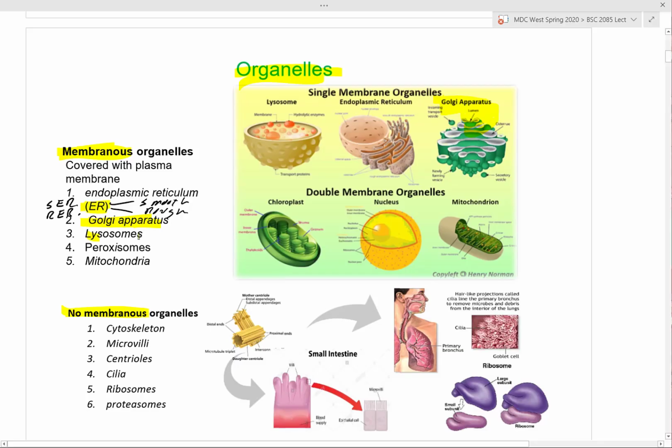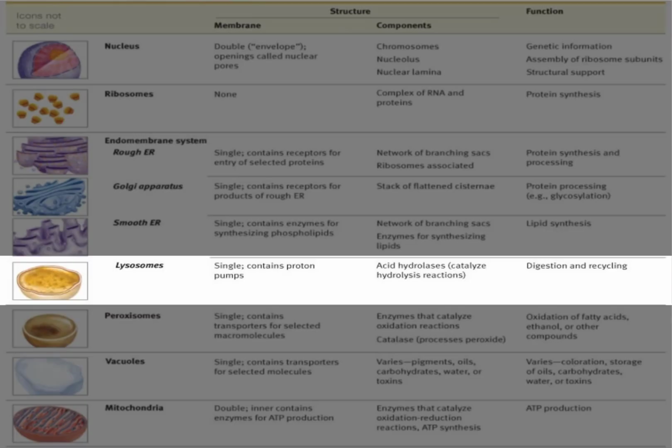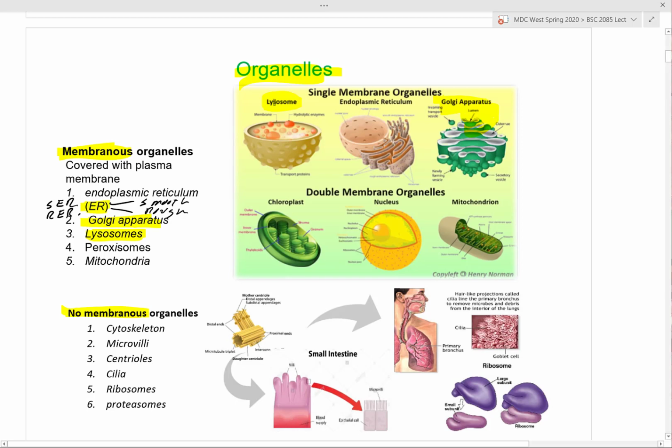Now the next one is going to be the lysosomes. And lysosomes are really good because these guys are able to do what? They are the trash cans. In other words, they get all the food in there, like the food that gets into the cell. The lysosomes are going to be able to do what? Digest it. Anything that comes off of the actual organelles inside as they die,